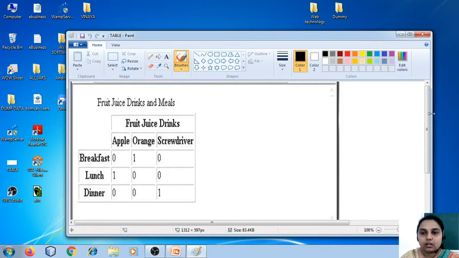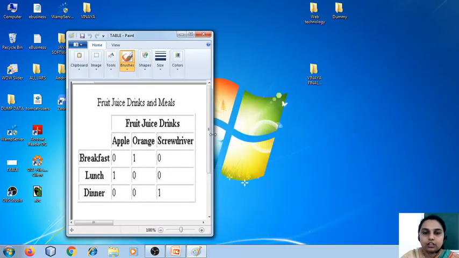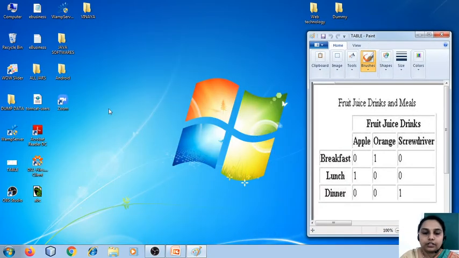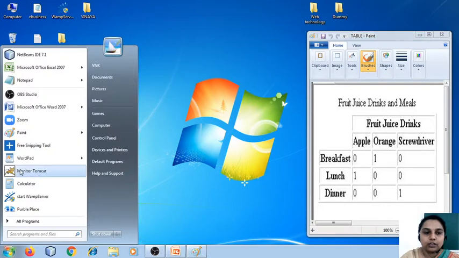I have just pasted the output so that we will look at the output and then try to write a program. Okay, so the output is in place. Now we'll go to our notepad.